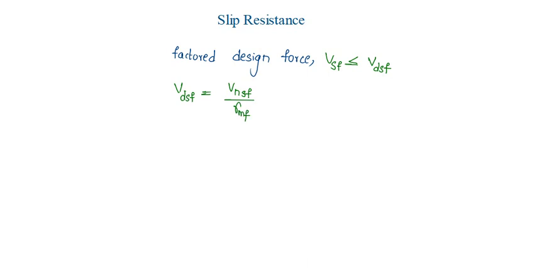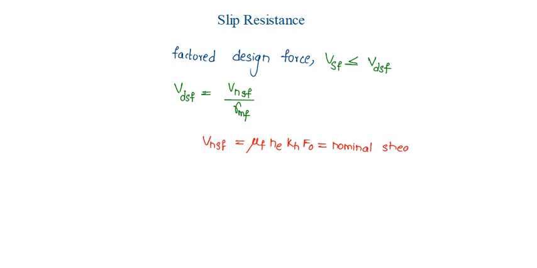The factored design force VSF should be less than or equal to design slip resistance. VDSF is given as nominal shear capacity of the bolt in slip resistance by gamma MF, where VNSF is given as mu F into Ne into Kh into F naught, where VNSF is nominal